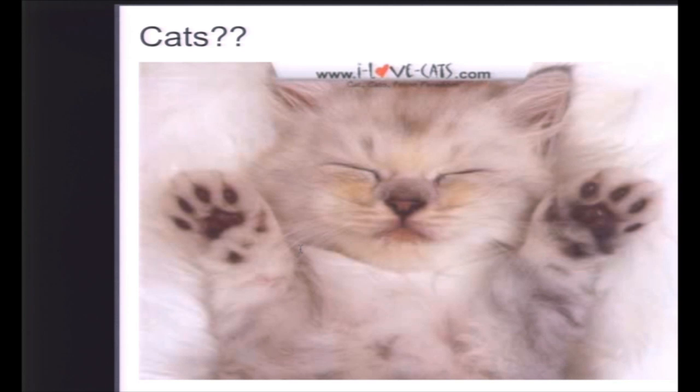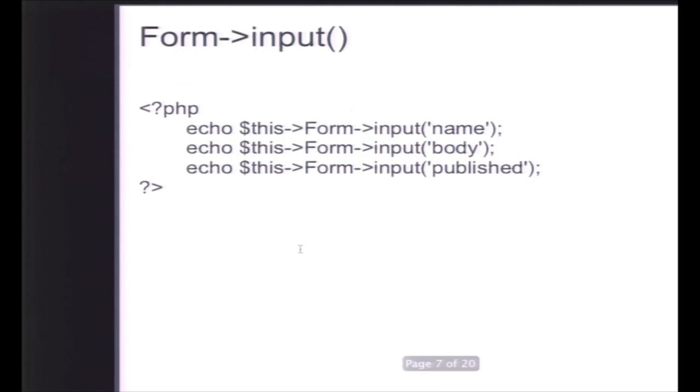Well, we had to make 20, so I put in some cats. I don't have cats myself, but found this one, so hope you like it. That's the same car as you. Okay, well, this is